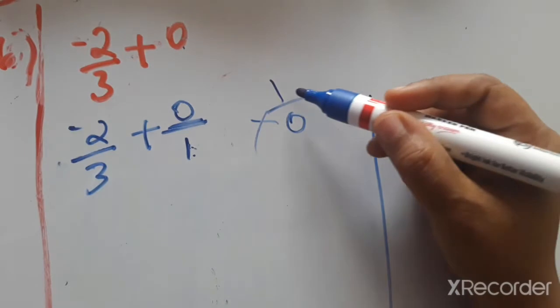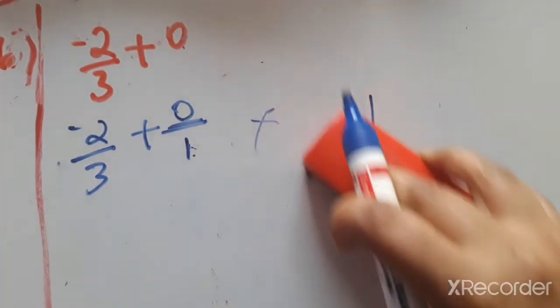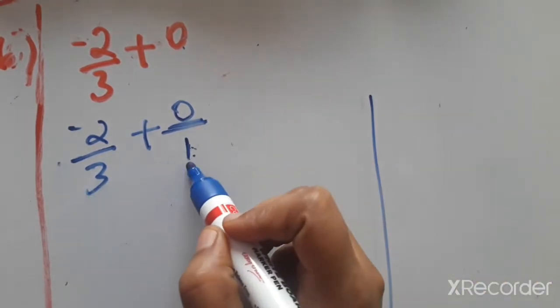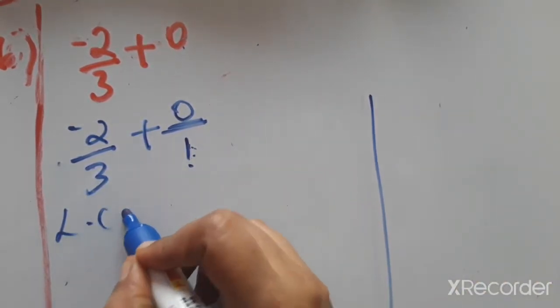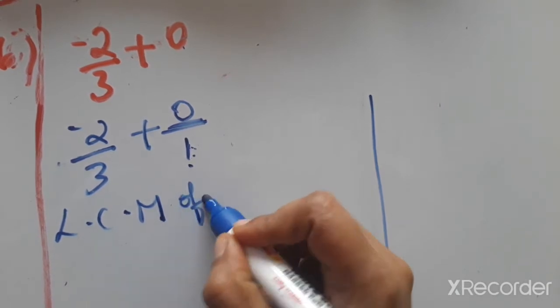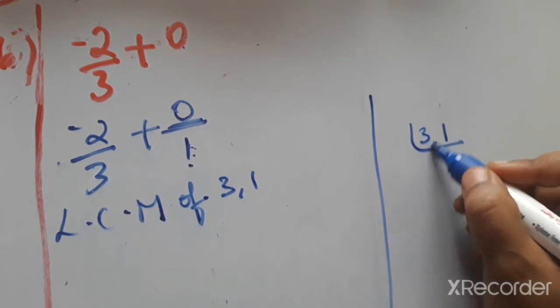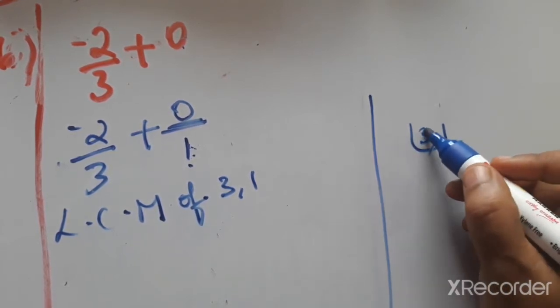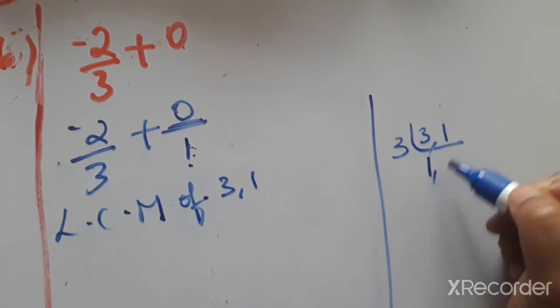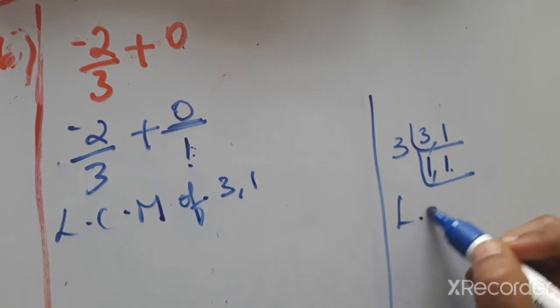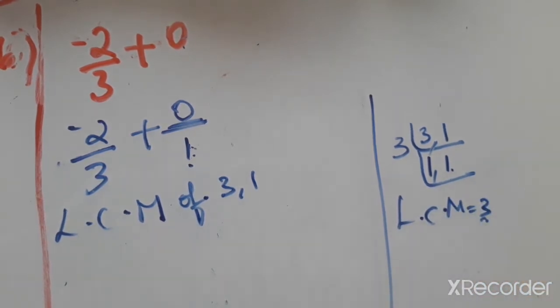Why, children? Because 1 by 0 is not a rational number. The reason is the denominator is 0. It is not a like fraction, so we have to convert into like fraction. LCM of denominators 3 and 1 we have to find. 3 will multiply with 3 ones are tables. 3 ones are 3, 1 as it is. So we want 1 at the last. Okay, the LCM is 3 itself. The LCM of the denominators is 3 only. So here the LCM value is 3.